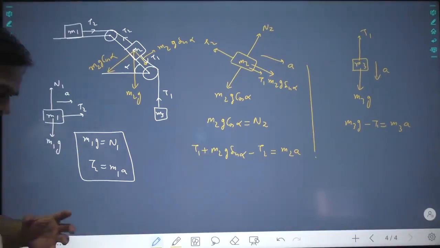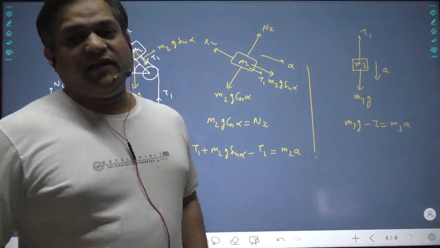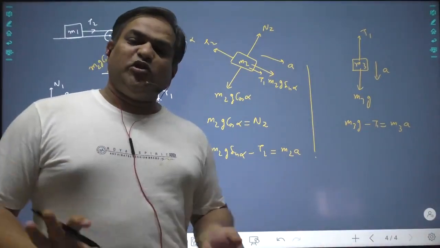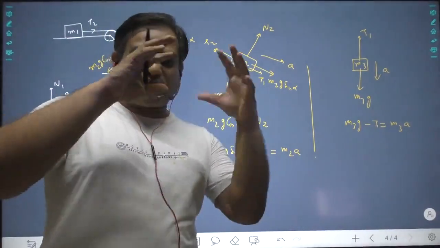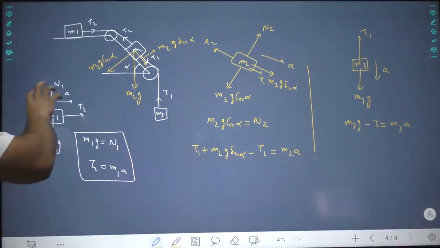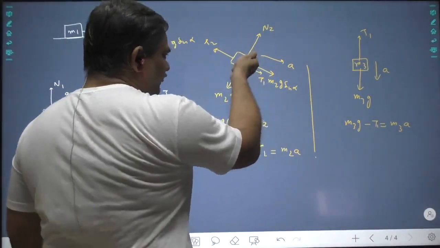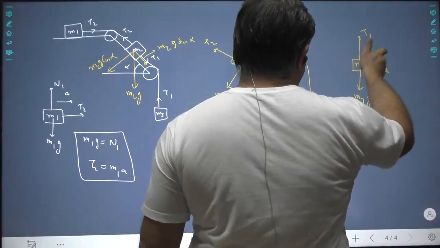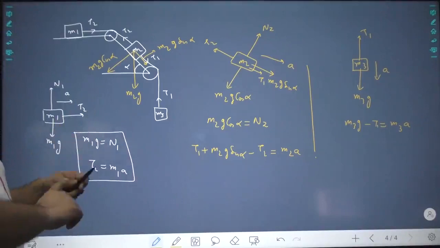See, this is the best thing. If you somehow land up with mechanical engineering, in your whole mechanical engineering you will be doing only one thing: isolating systems and seeing external forces on it. Here we isolated M1 and saw the external forces, isolated M2, saw the external forces, isolated M3, saw the external forces. Is the whole thing clear to you all? Say yes.